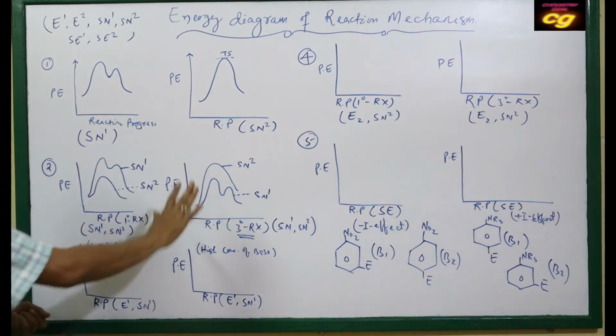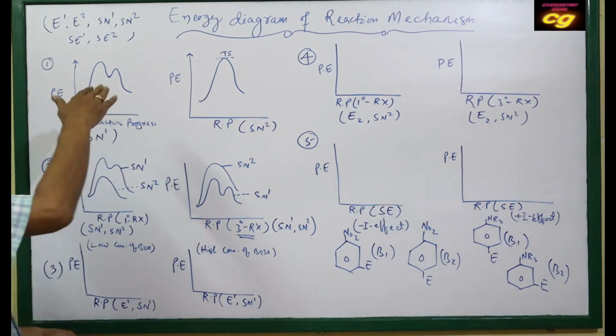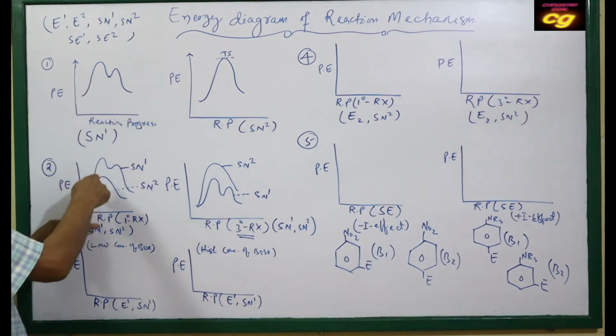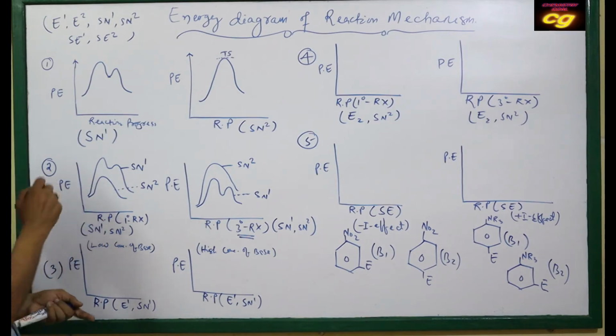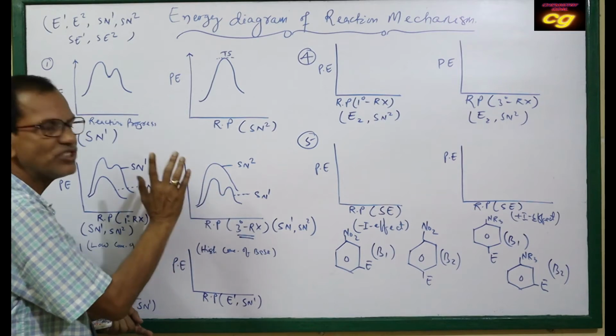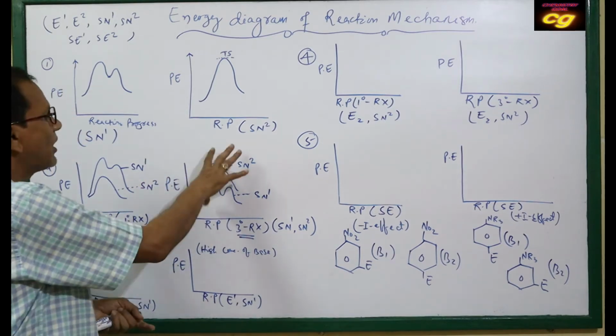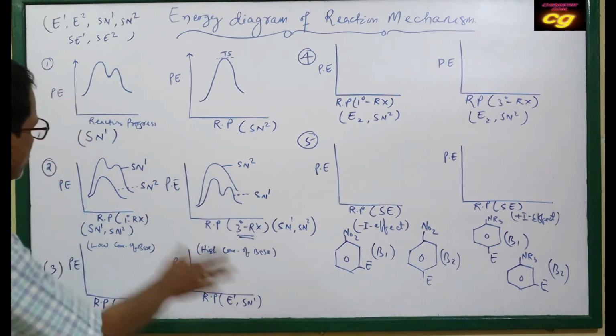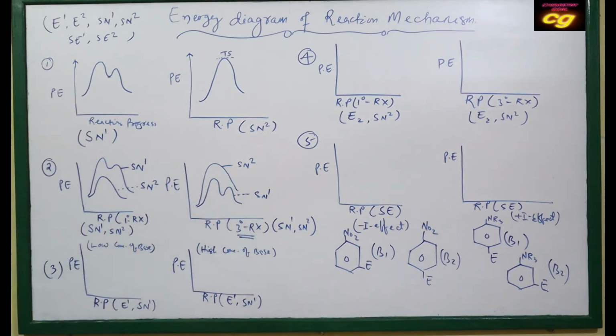So the energy diagram shows that the higher the energy, the slower the reaction. As SN1 is higher, SN1 is slow for primary haloalkane. As SN2 is higher for tertiary, SN2 has higher energy and SN1 has lower energy for tertiary haloalkane. So this is the difference diagrammatically between potential energy and progress of reaction. Then come to the third